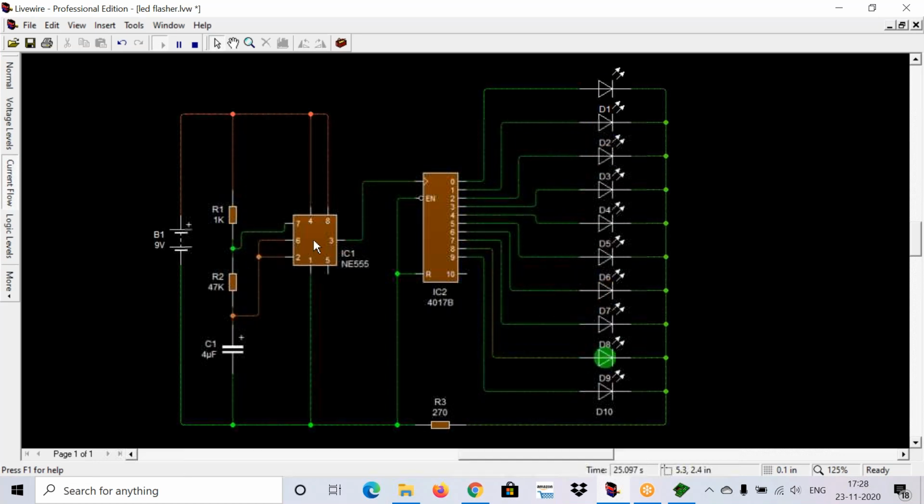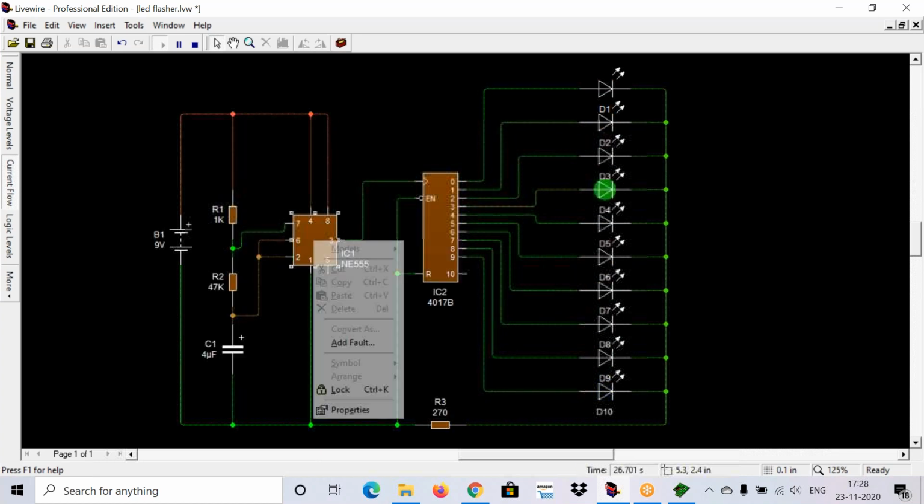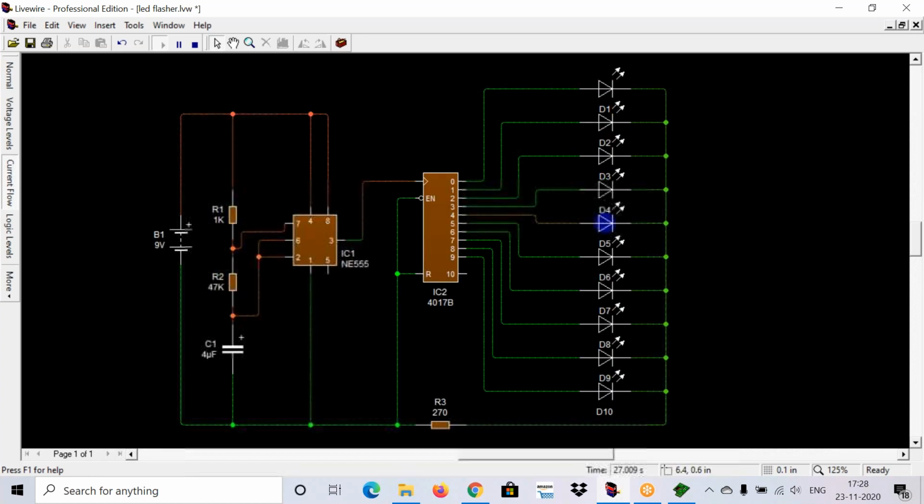Is it clear for everyone? If you have any doubts, you can ask me regarding auto routing and these two softwares, PCB Wizard and Livewire.